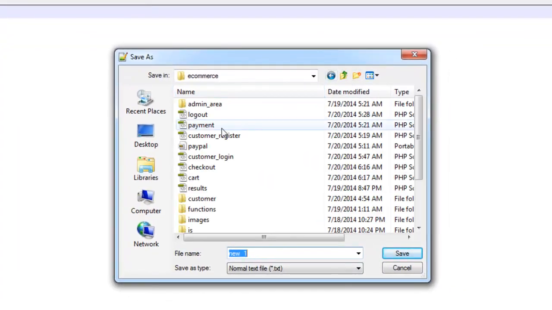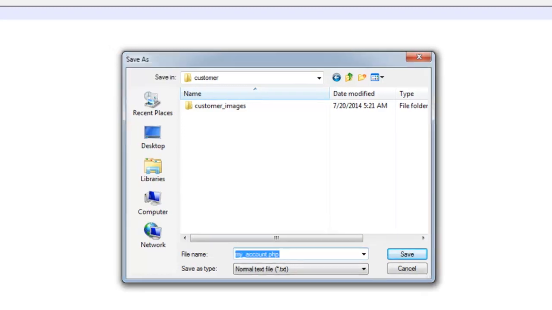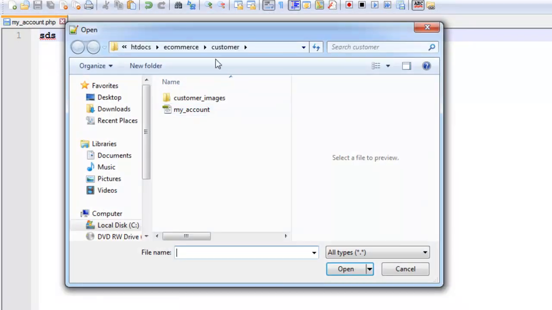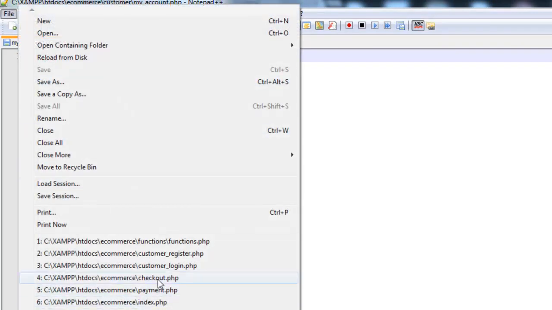Inside the customer folder we have, or here in the main folder e-commerce, inside the customer folder we will save it with the name my_account.php. So this will be a simple file. Now after that we will open the index file,